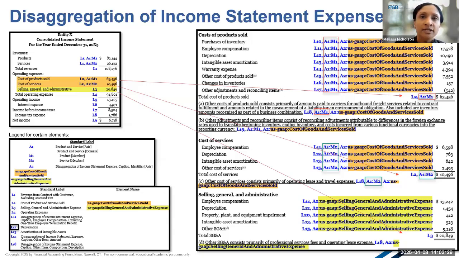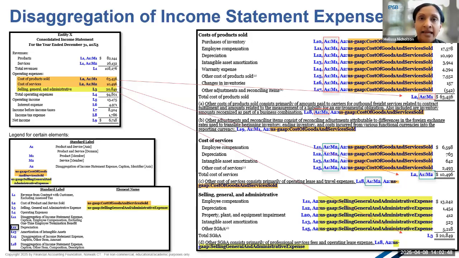Now, when you look at the information disaggregated for that caption at the bottom right of the screen, you'll see it consists of employee compensation, depreciation, PP&E impairment, intangible asset amortization, other SG&A amount, and a description of what is included in other.